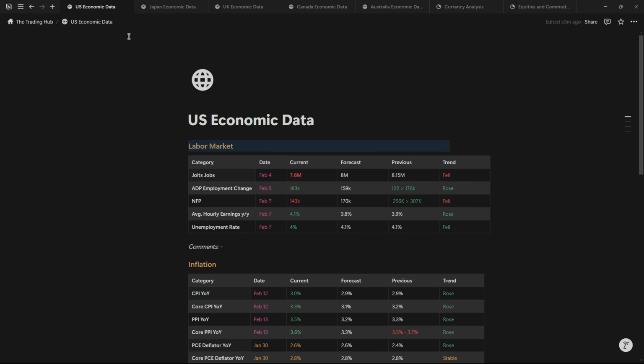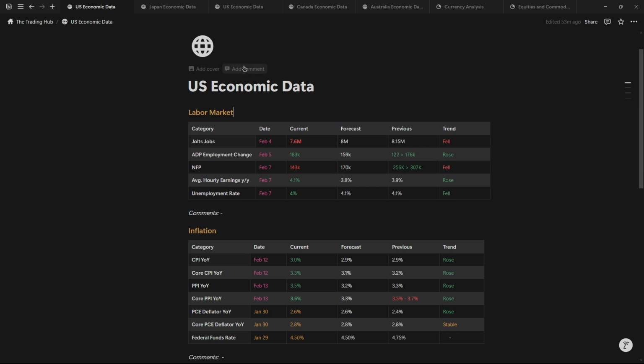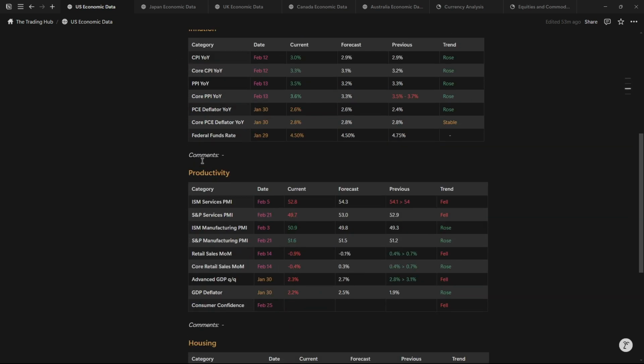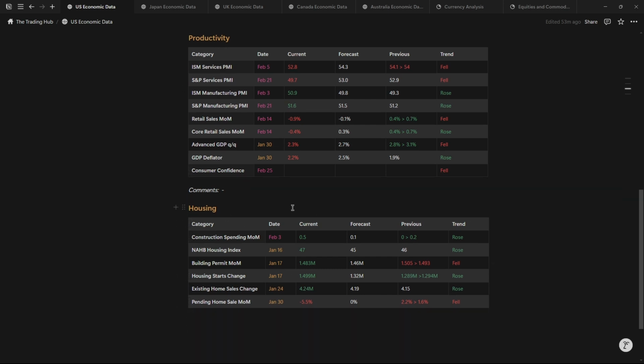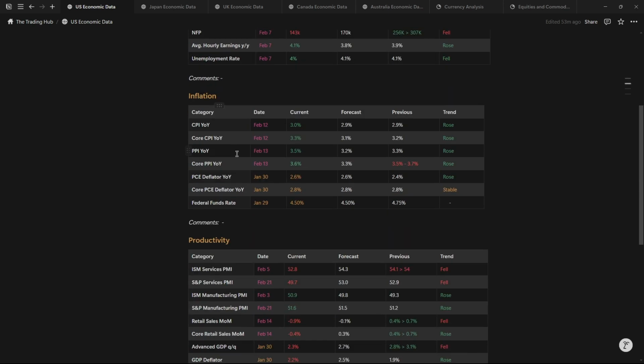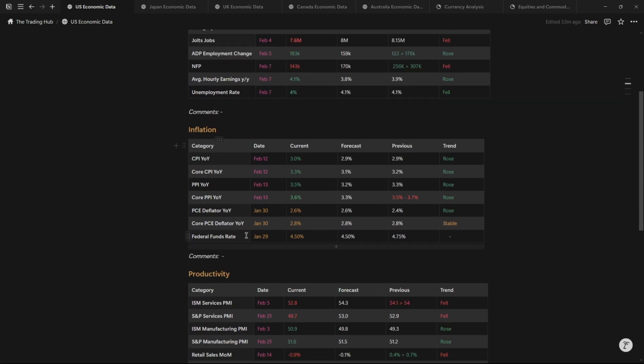And this section right here covers that. So for US economic data, I like to separate this into labor market, inflation, productivity. Well, housing, I haven't really updated this much, but I mostly focus on labor market, inflation, and productivity because those are the main drivers in the markets at the